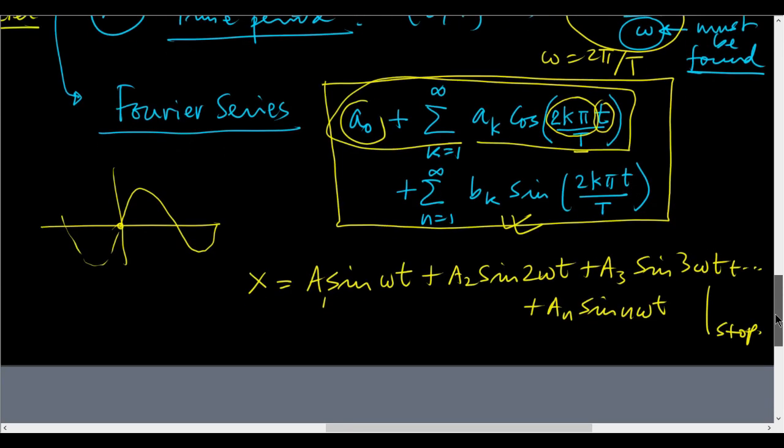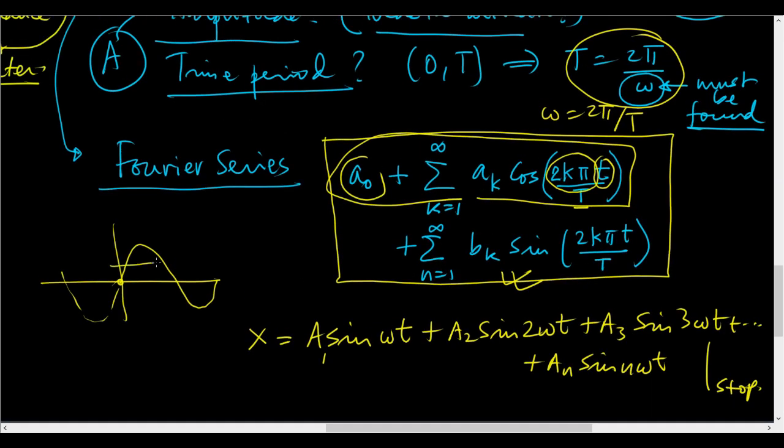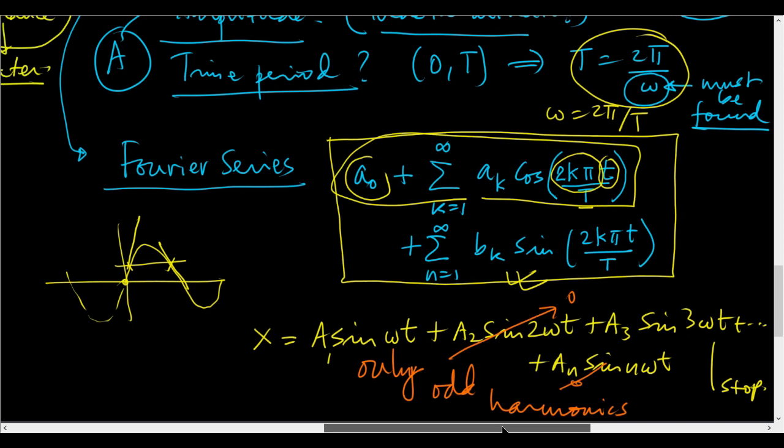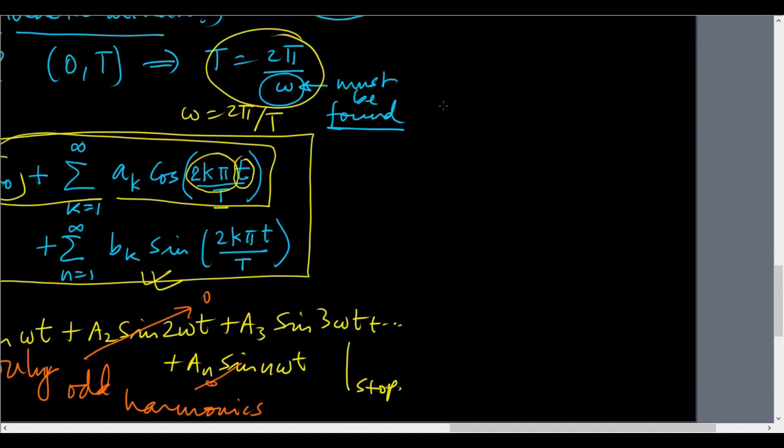This means that over here whatever the slope is and over here whatever the slope is, the magnitude is the same. So there are such symmetries which I can use to convince myself that this one will be 0, and only odd harmonics are present. As I had shown in a discussion earlier,